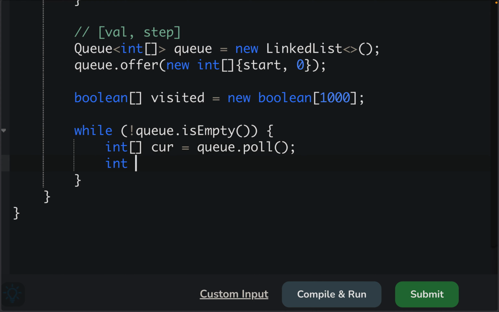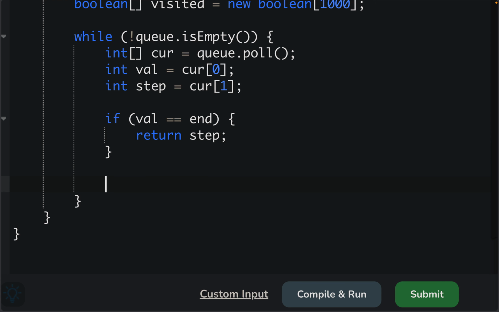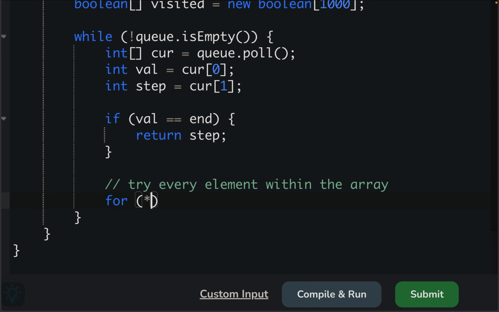I'm taking the value part aside, which is current of 0. I'm taking the step part aside, which is current of 1. Again, a quick check: if value is equal to end, then I'm done here, return step. But if not, what should I do? If not, I should try every element within the array. So for every element n within the array